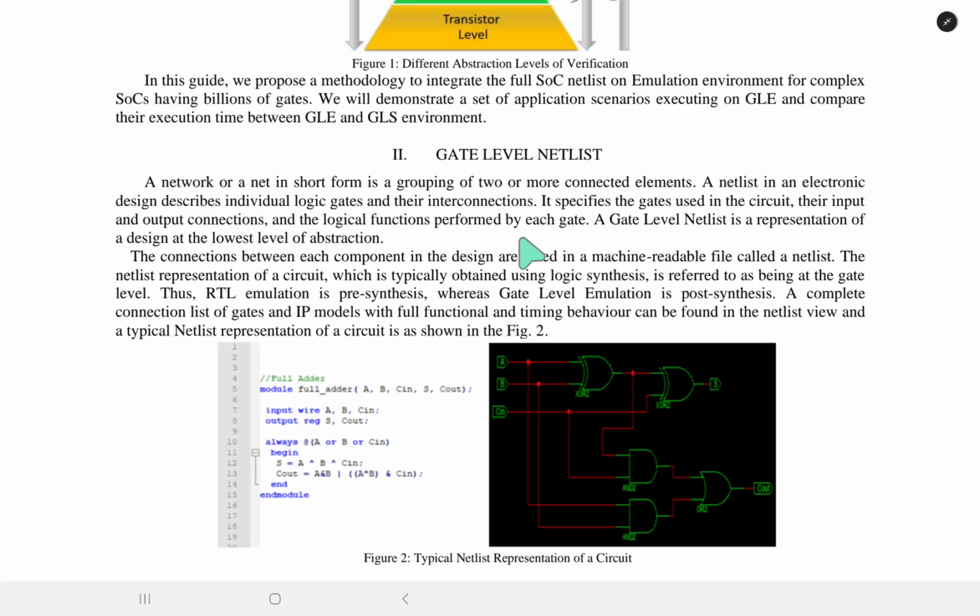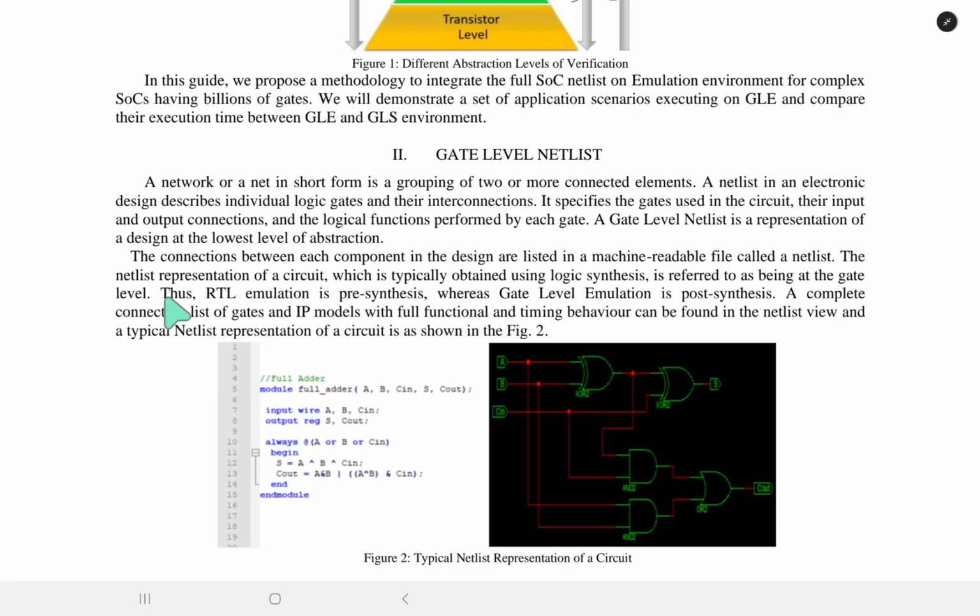A gate-level netlist is a representation of a design at the lowest level of abstraction. The connections between each component in the design are listed in a machine-readable file called a netlist. The netlist representation of a circuit, which is typically obtained using logic synthesis, is referred to as being at